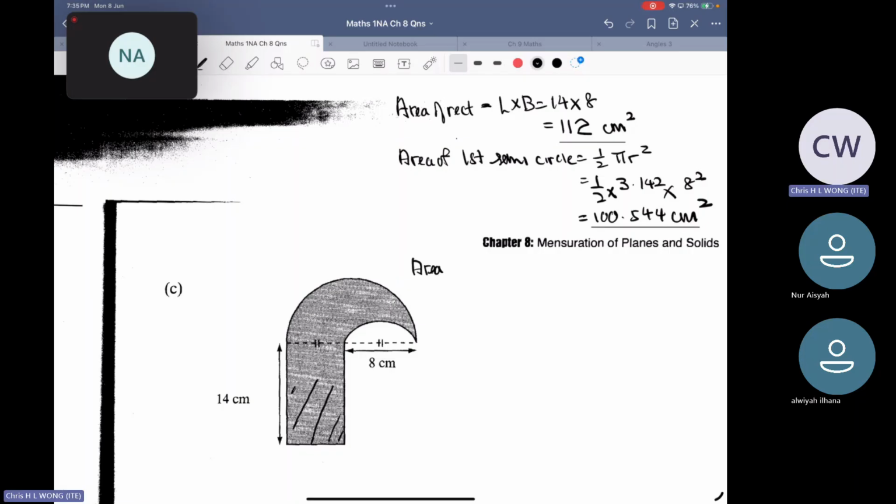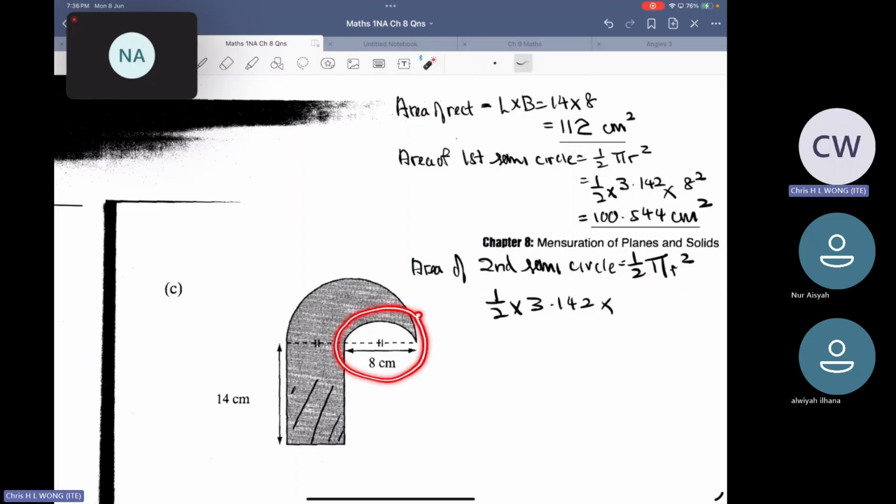Area of second semicircle equals to half pi r squared equals to half times 3.142 times, okay, what is the radius for the second semicircle? This one. What is the radius for the second semicircle? 4. Divide by 2. Don't take 8, please. 8 is the diameter. 4 square